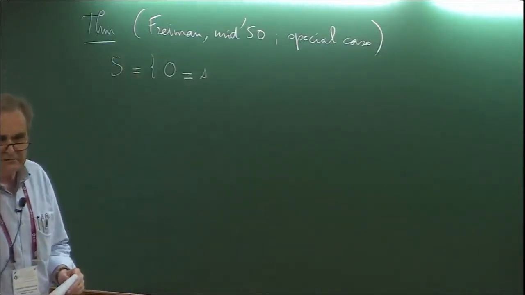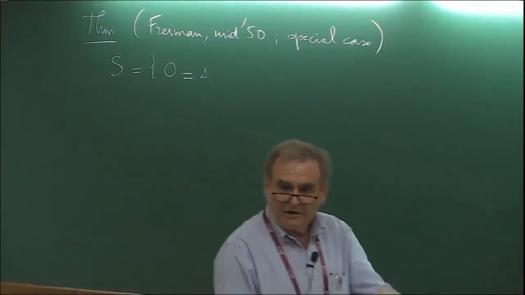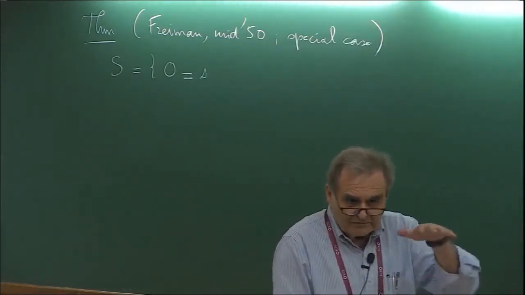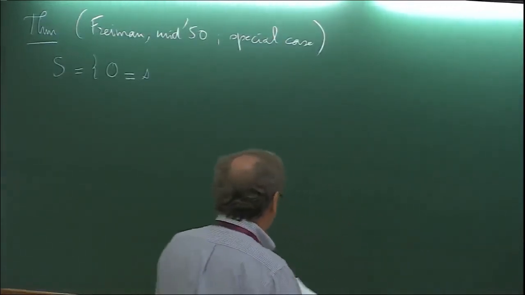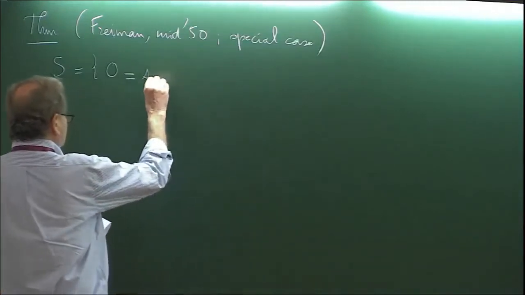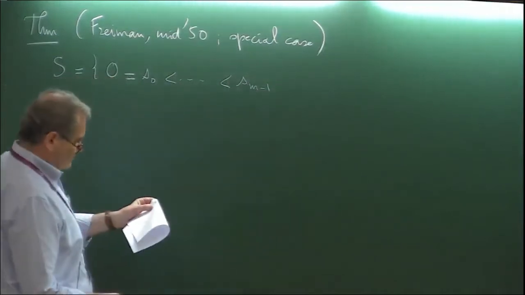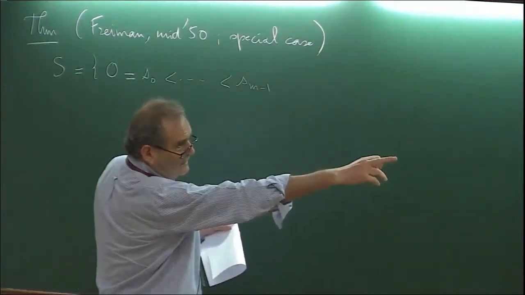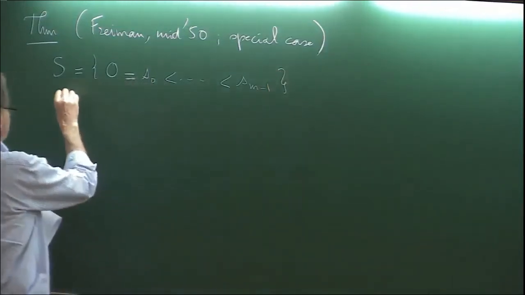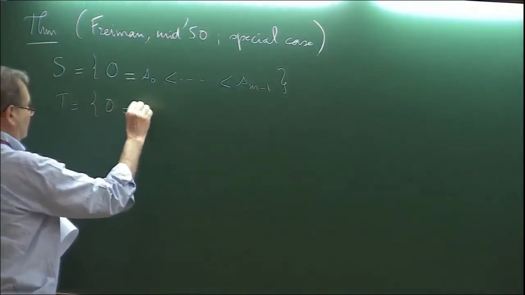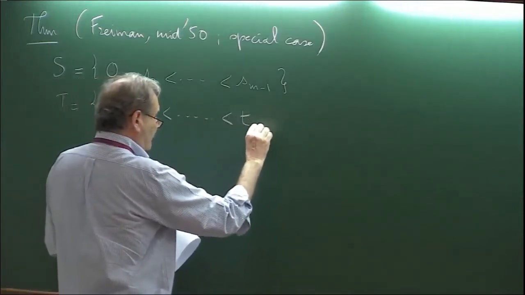This is not a problem to put 0 because you can always shift your sum. If you shift your sets, you are shifting the sum, and this is not a problem. So you assume that 0 is in the business, less than blah, blah, blah, less than Sm minus 1. Maybe I should have put K minus 1. The S is the K which is there. Okay, so this is the set of integers, and T will be the same thing. I mean, it's T0, less than blah, blah, blah, less than, and of course, Tm minus 1.